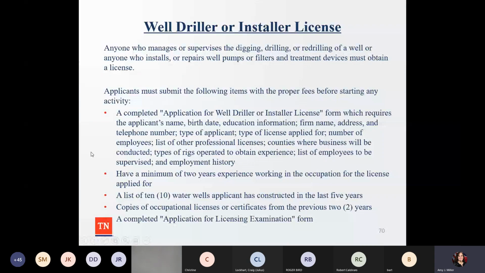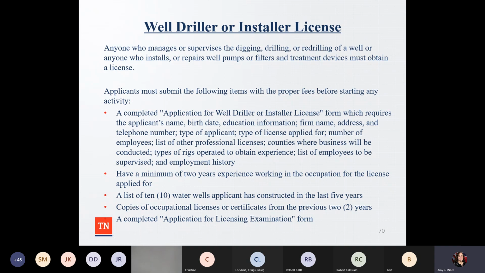And then if you're a well driller or installer, there's a license that needs to be obtained. Anyone who manages or supervises digging, drilling, or re-drilling of a well, or anyone who installs or repairs well pumps or filters and treatment devices should obtain a license. There are certain fees that have to be paid before starting any activity. They have to have an application form with their contact information. They have to have at least a minimum of 2 years experience working in the